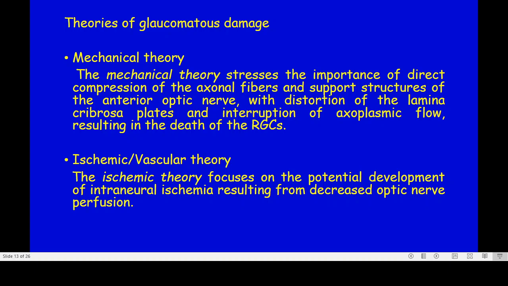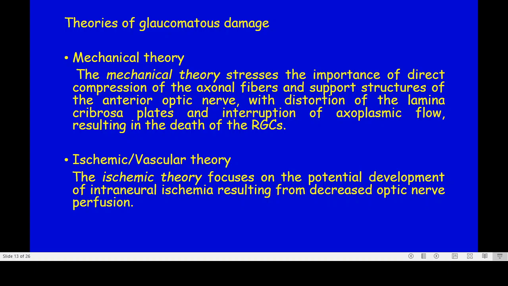Now, as far as the pathogenesis of the glaucomatous changes is concerned, different theories have been given in the past, and the two most important theories that came out are the mechanical theory and the ischemic theory. In the mechanical theory, it has been said that because of the increase in intraocular pressure, there is direct compression and exertion of pressure on the axonal fibers and the support structure of the optic nerve, which eventually distorts the lamina cribrosa, and it interrupts the axoplasmic flow, causing death of the